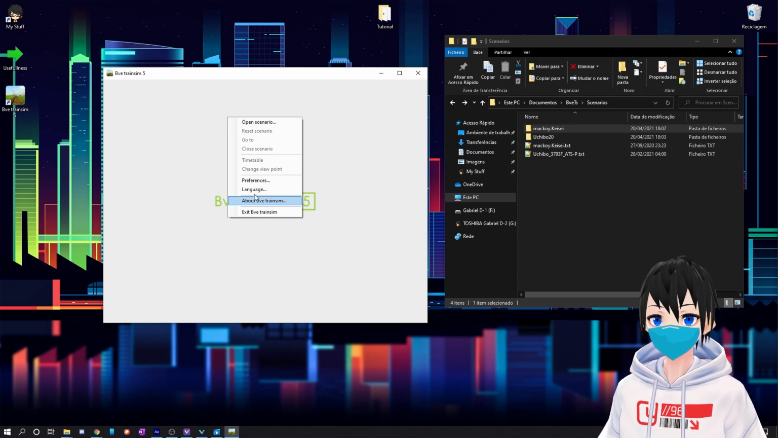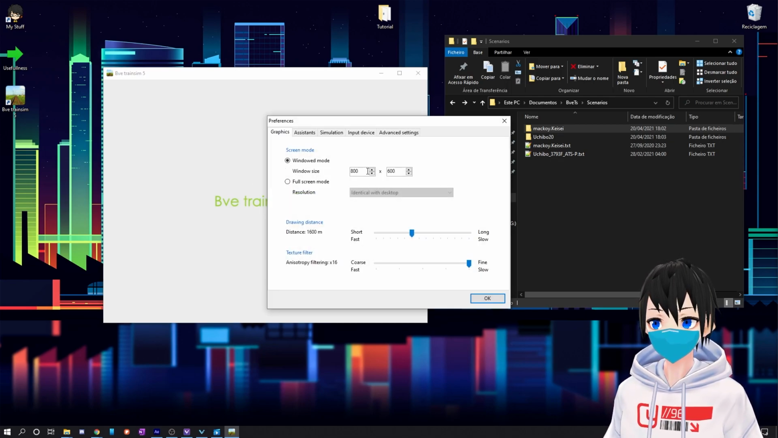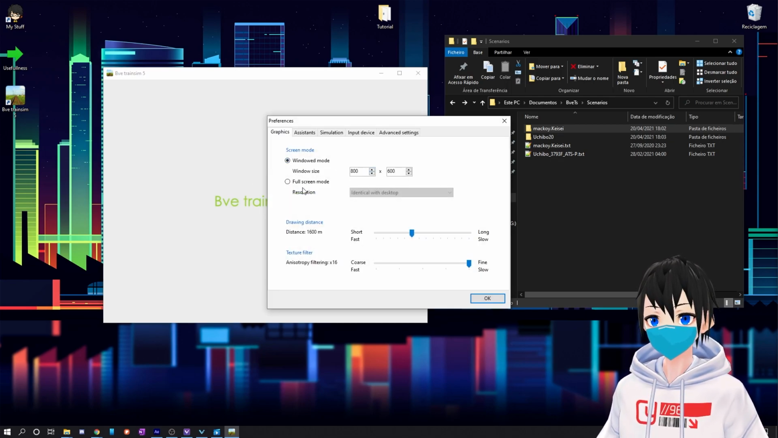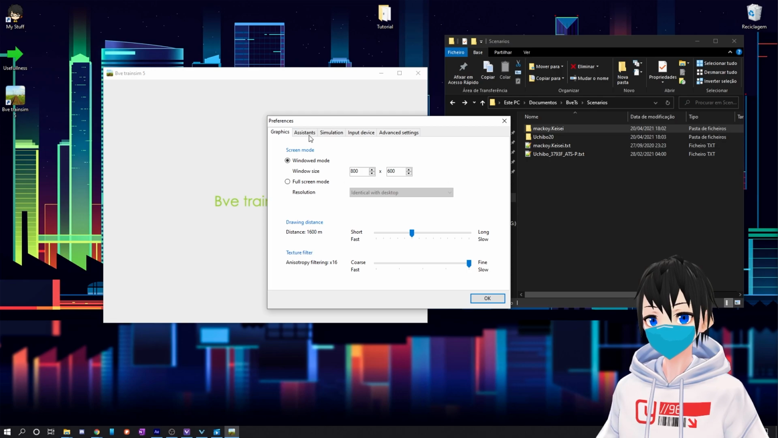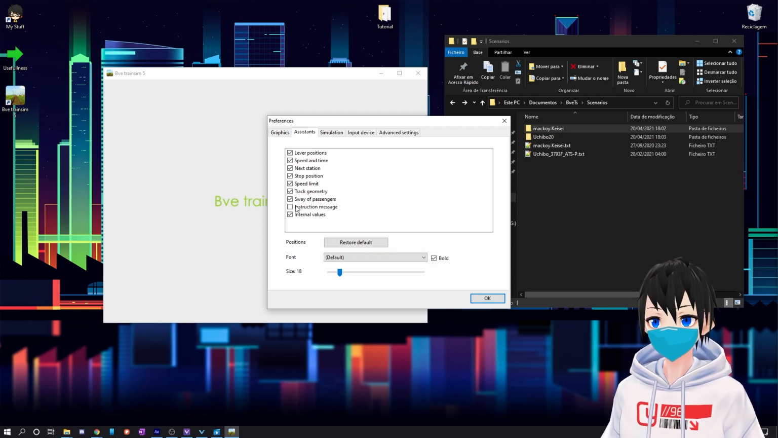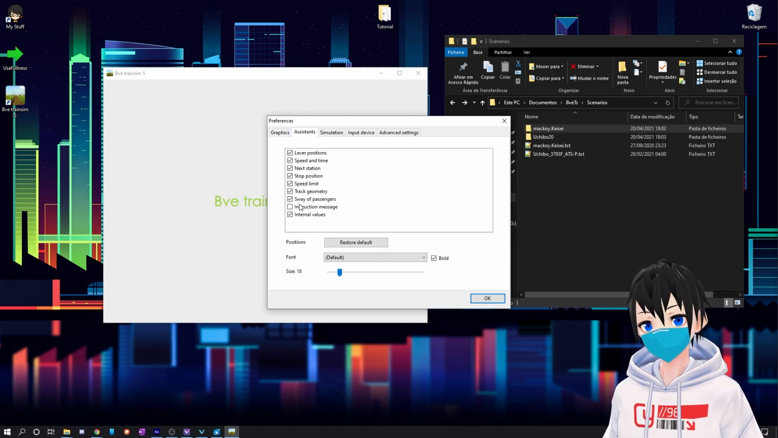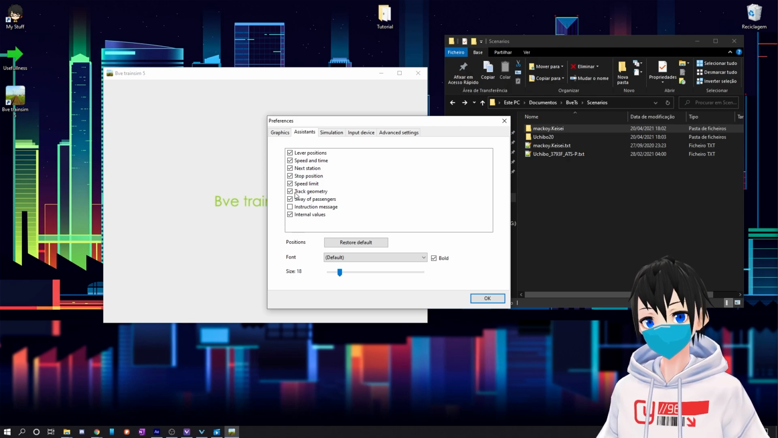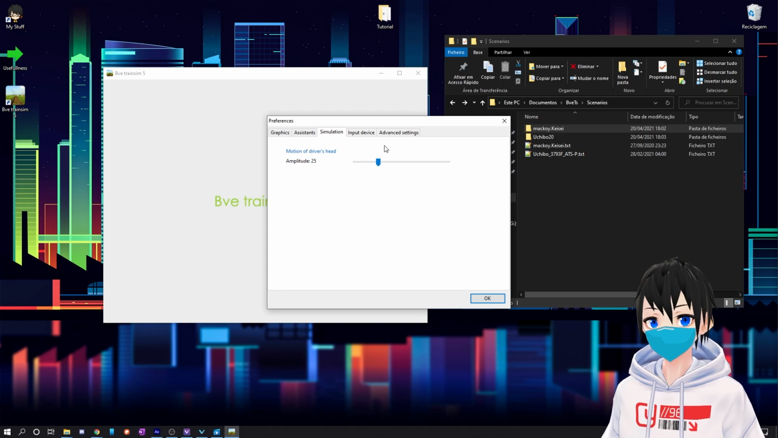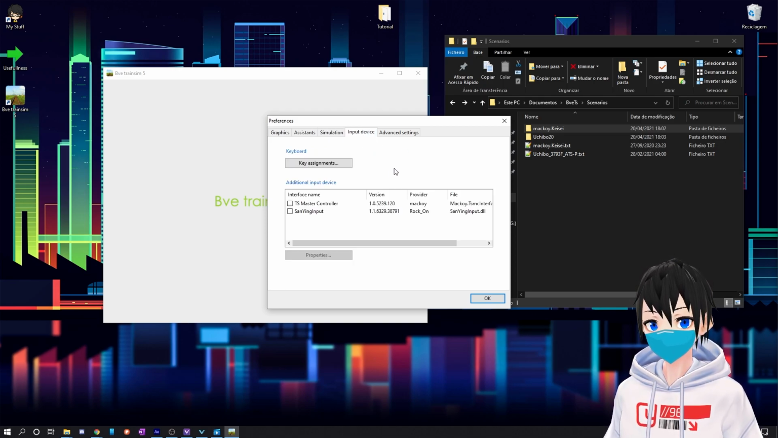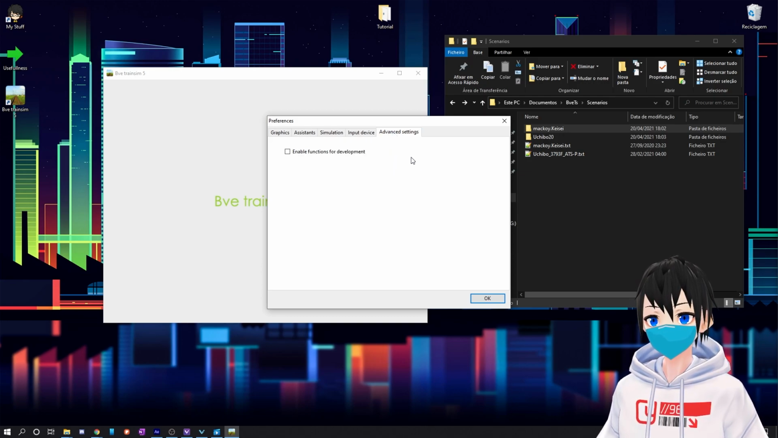There's a couple of settings you can mess with. Most commonly the resolution, you can have windowed or full screen, can increase the anti-aliasing, and the view distance itself. The assistants are the overlays that will appear in the game. If you want a more realistic approach, you can disable some of these. Simulation, you can leave it or change it if you really want to. Device input, if you have a controller that is supported, can be changed here, and that's all you need to